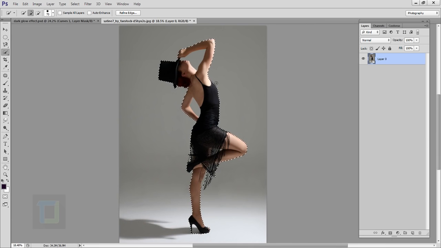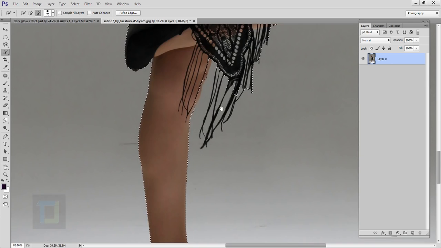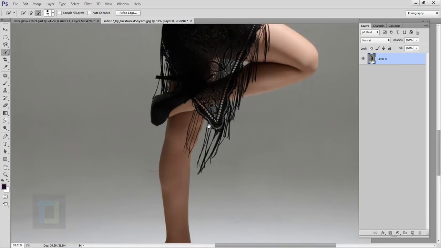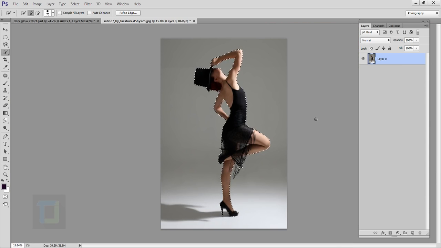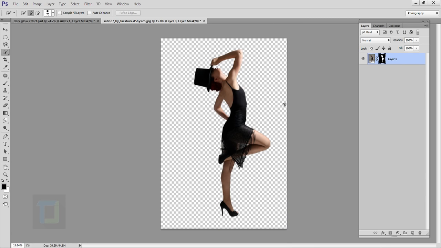Now we need to remove selection from some places. So for that, select the minus option and remove it. Once you are done with selection, go and click on this layer mask option, so the background is gone. After that, go and create a new blank layer and put it under your model. Then select your paint bucket tool, right click here, paint bucket, and fill in the black color from here, total